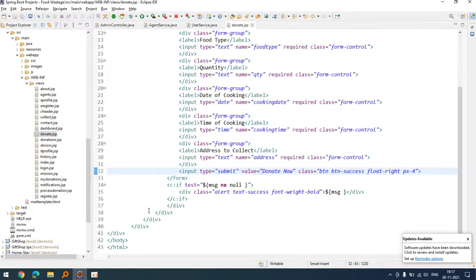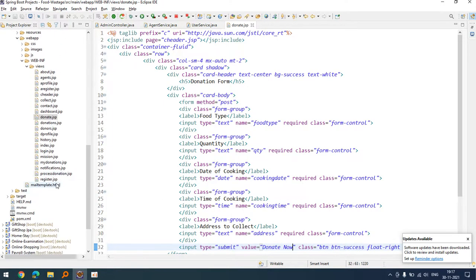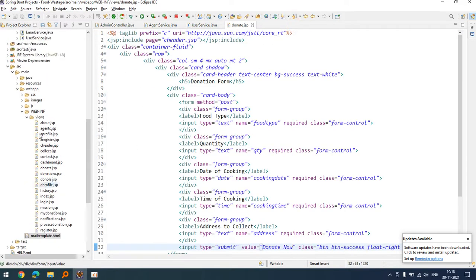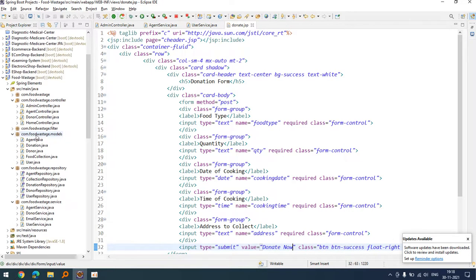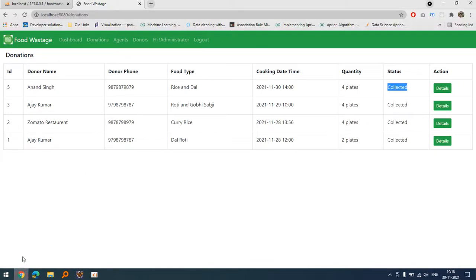This is basically developed in Spring Boot and JPA. The database is MySQL, and I have used the email template in order to send the mail. As you can see, this is the email template that I have used here. I have also added a filter, which is responsible for filtering the request, so that nobody without logging into the system will go to any page.